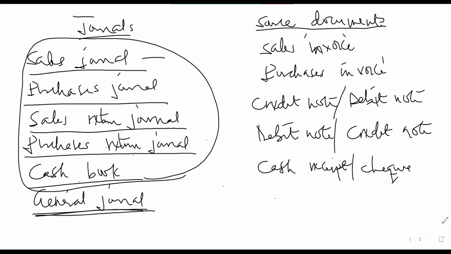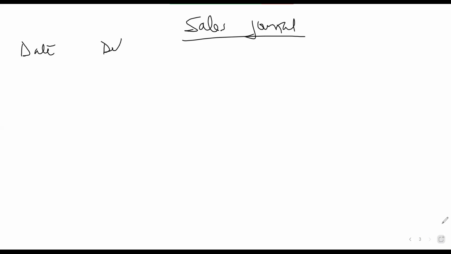This is how it will look like. So you have the sales journal. The first thing that you have is the date. When are you selling? The date is very important. So you also have the details. The details has to do with the item that you are selling or the particulars. So maybe you can look at the amount or the units, or sometimes we look at the invoice number here.